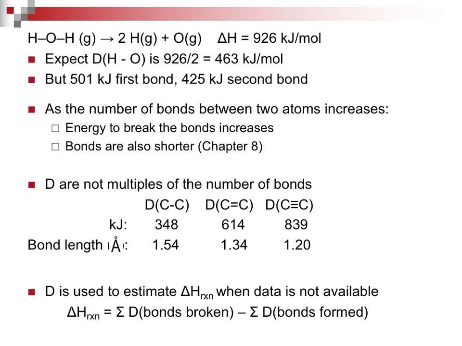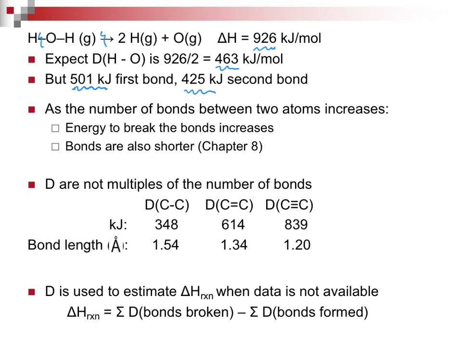Let's keep going. If we look at something like water and we break all of the bonds and we get hydrogen, two of them, and oxygen, the delta H is 926. So you would expect that the bond enthalpy would only be 463, dividing it by 2. But it's a little more complicated. 501 kilojoules for the first bond, 425 for the second bond. We don't go into detail, we just want you to realize that. I have a lot of just things typed here because it's extremely factual.